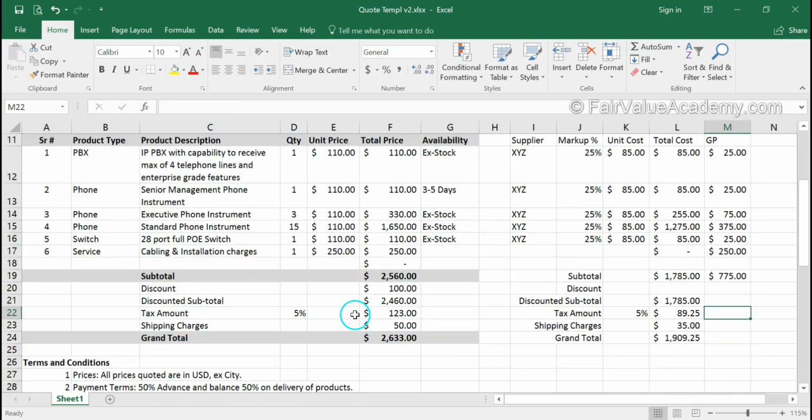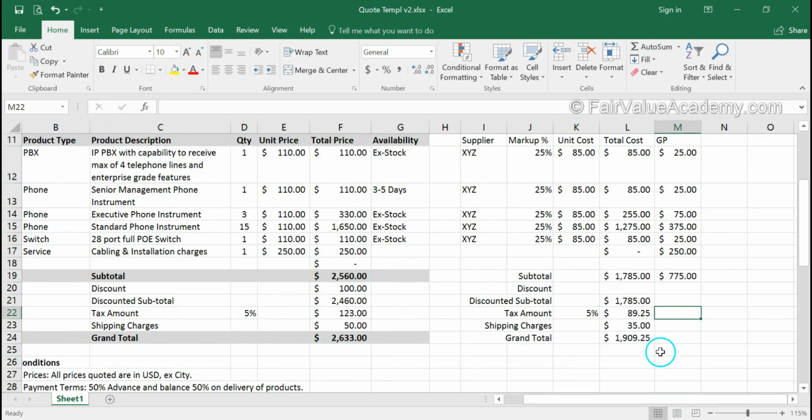When you have tax, there will be a tax computation payable to the government. So we are charging 5% tax to customer, which is here, and we are paying 5% tax to supplier, which is here. So the net tax which is payable to government is this less the input tax which we pay to supplier. So we are going to write the title for this.